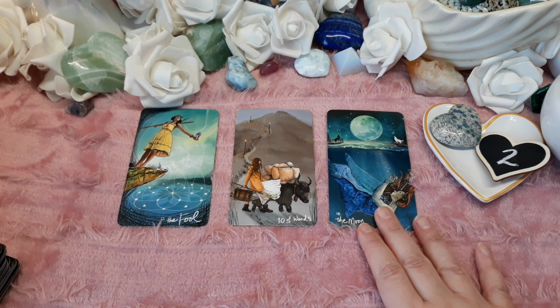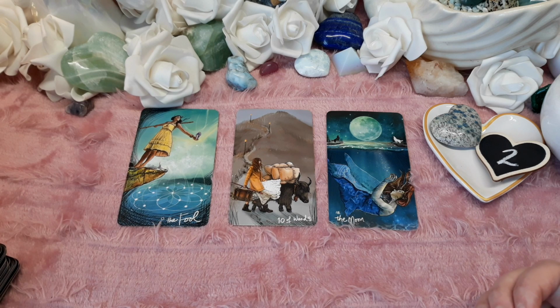They're represented by the Moon card. I do feel that they are very emotionally invested. That's what the Moon card always tells me. I think that they're thinking and feeling about you a lot. And I think that there's probably a lot of worry here on their end about this connection. It's almost like they're pining for you. I feel that they are pining for you, and they feel that there is, I don't know,